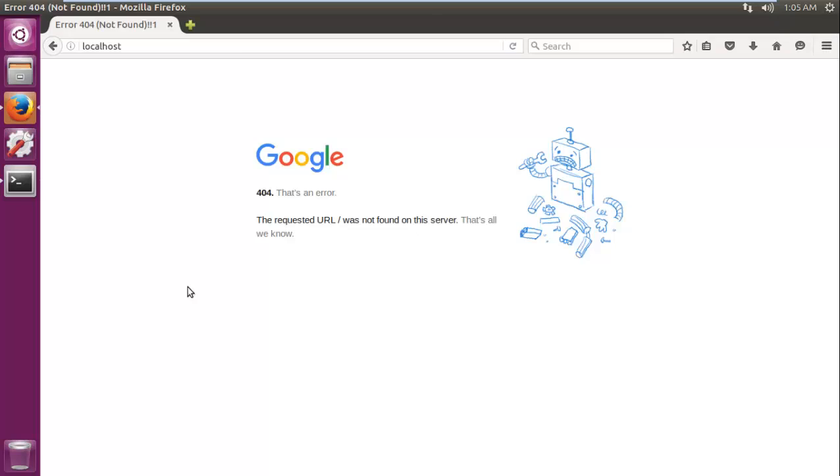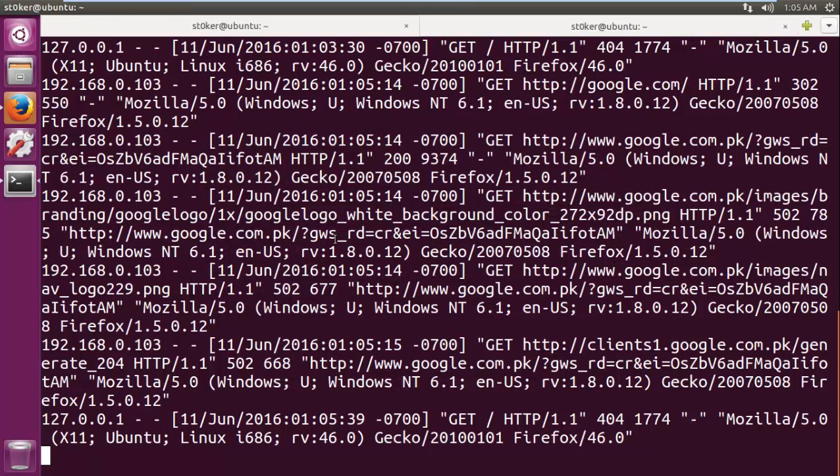Now if we access the localhost, you guys can see that I am going to get an error, and the IP being logged here is 127.0.0.1,